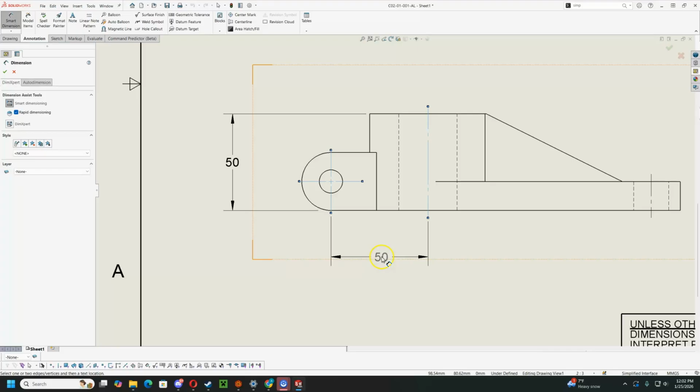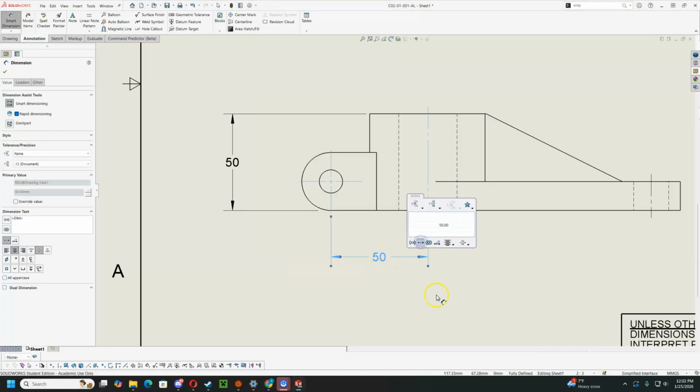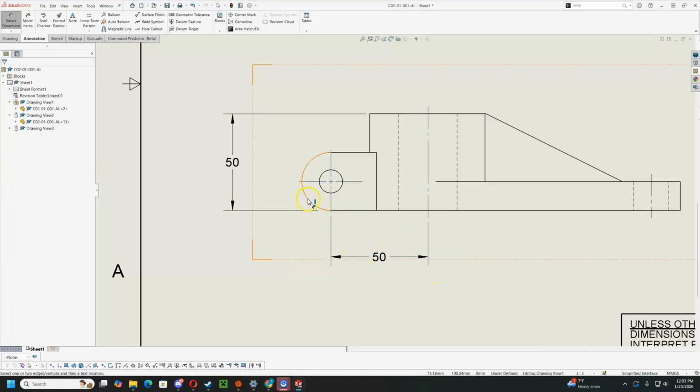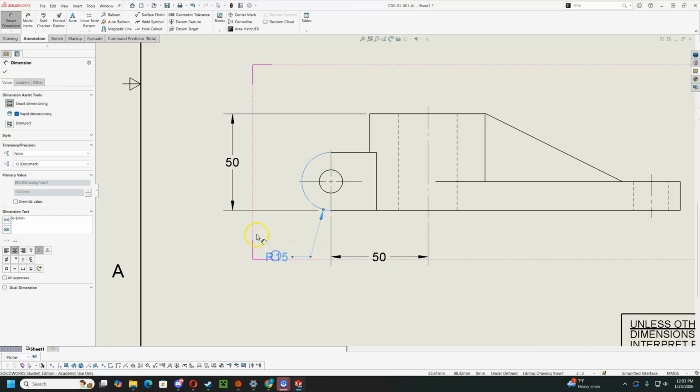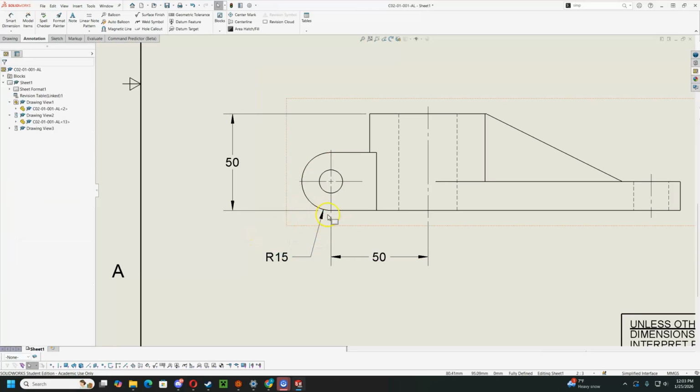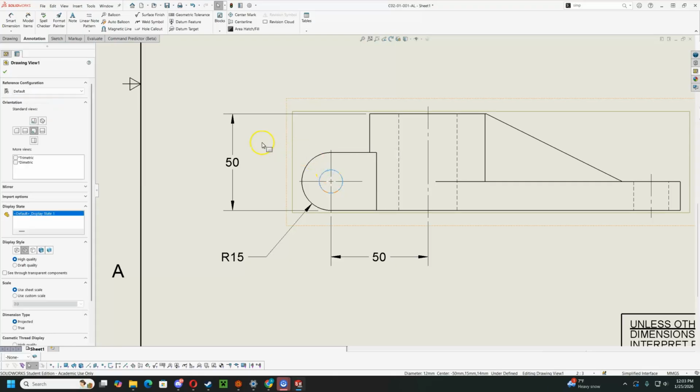Well, smart dimension, we have from here to here. That's 50. Again, I'll bring it down, center the dimension. Got our radius of 15. Now I want to make sure that this doesn't cover the end of my gap, but I've got enough room here that I am able to place it in between, but I could also place it up here. The whole point is we want to make sure that it is not covering the end of it and making it hard to see. And then I've got the diameter of the small hole,